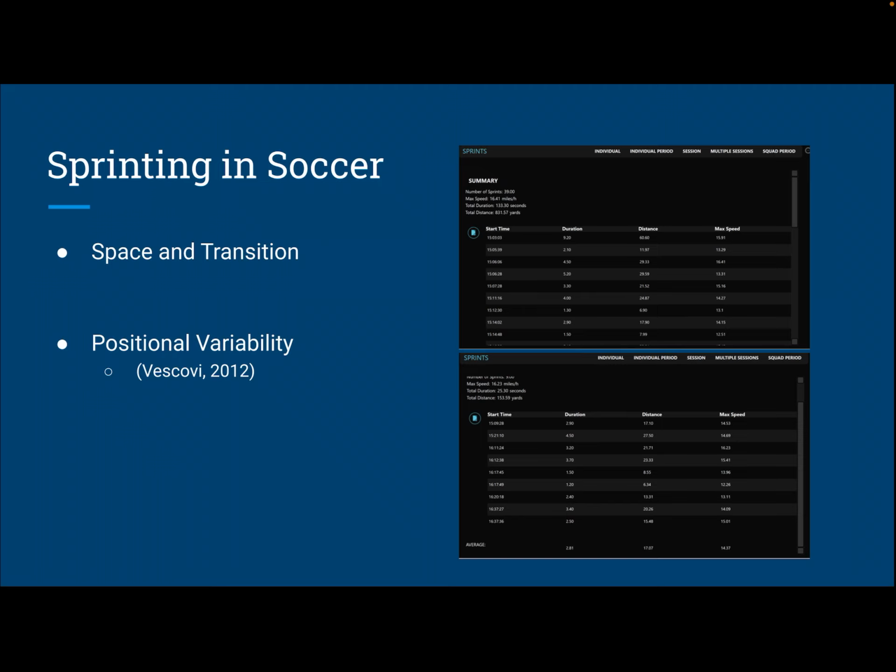Compare that to the image below, which comes from someone who's a center back. They only had 25.3 seconds worth of sprinting and 150 some yards. So that positional variability can be seen in you guys.